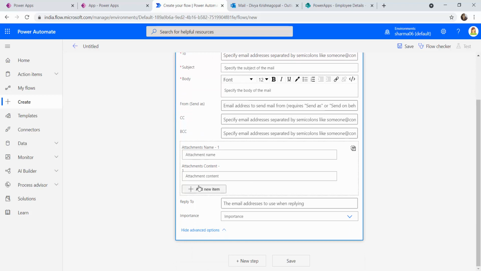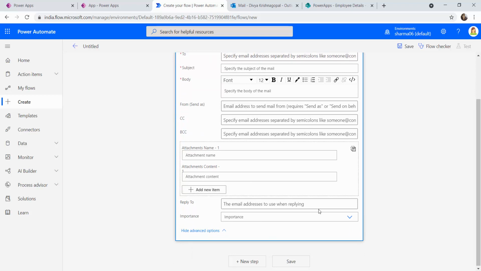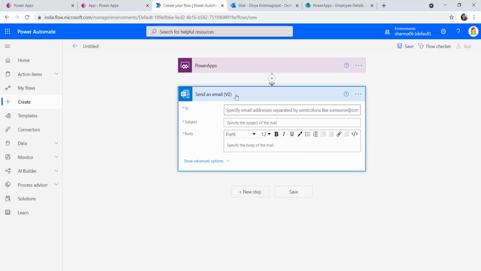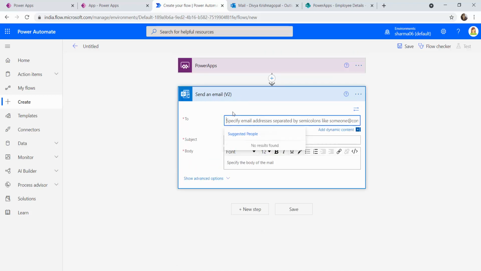And if you need to add an attachment or mark it as important, all these options are available. So it is a simple send email option. For this, I need to send my email to a specific employee who has just been created under the employee details. That particular detail has to be passed from my Power App.